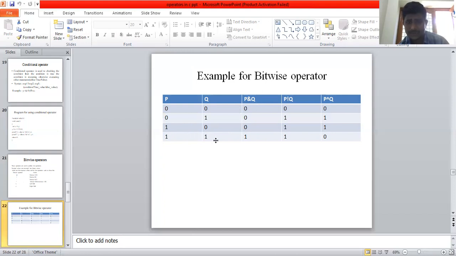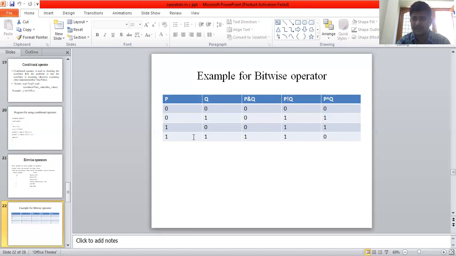Next one, P and Q, both 1. 1 into 1 is 1, 1 plus 1 is 1. Here both the conditions are true. In the exclusive OR, if any one condition is true, the output is true. If both the conditions are true or both are false, the output value is false. Only if any one operand value is true, the output value is true.